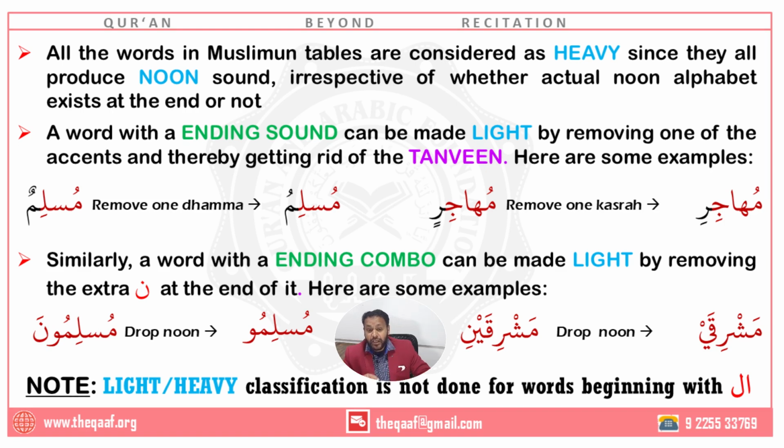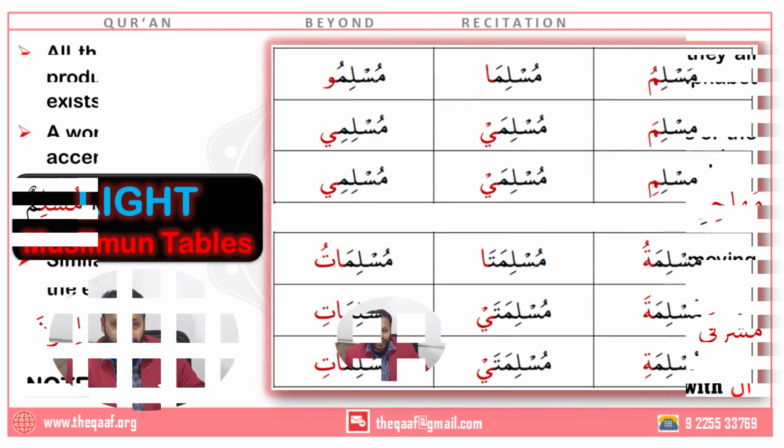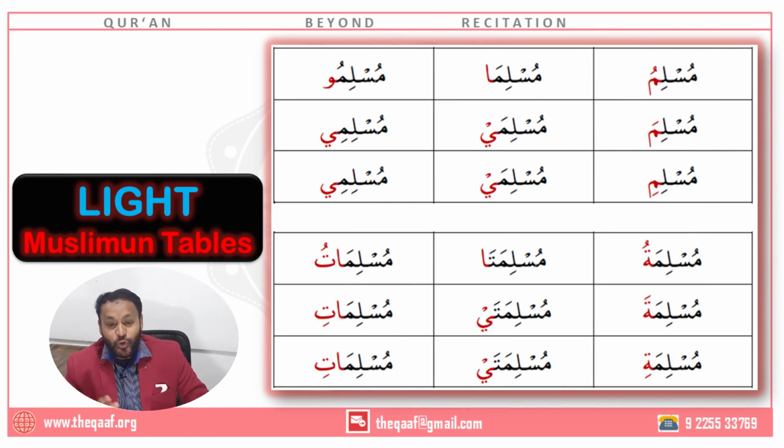What does this mean? For those of you who have already worked and memorized the Muslimun table and Muslimatun table, that is good news for you. Now you need to only work on the light table. So now we can make a new table of Muslimun in the light form. And how does that look? It looks like this. For those of you who have not worked on the table, here is one more table for you. And if you continue like this, procrastinating, a time will come when you will be buried under a lot of tables, and that will be the end of your Arabic learning journey, unfortunately.